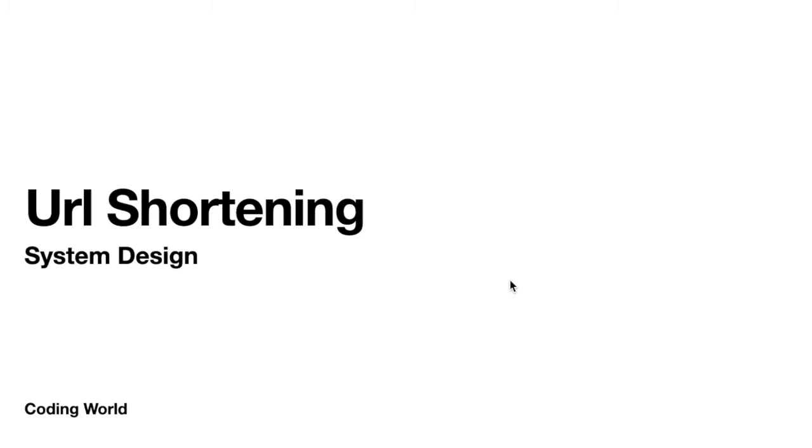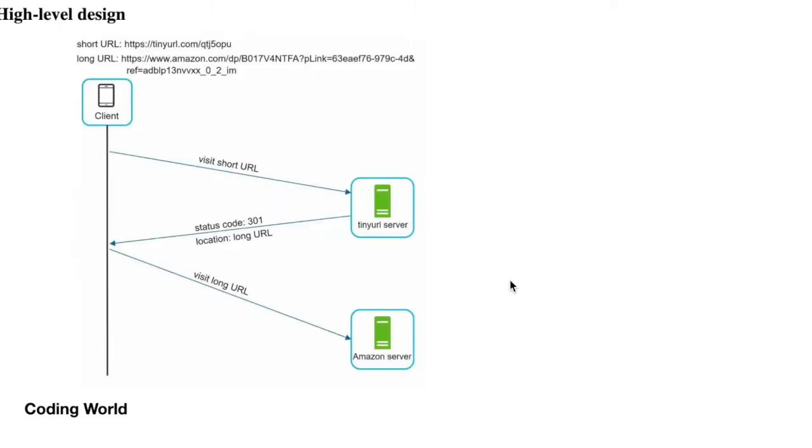First of all, I want to show you the basic idea, the high level design of how it actually works, like what should be the mechanism behind this. So I will show you one picture. Here the short URL has been given, like a tiny URL, and above that some code is there, that will be your tiny URL. And when you click that tiny URL, it will open a long URL, which is the one below, Amazon dot and the big number and some parameters. So this is the mapping between short URL and long URL.